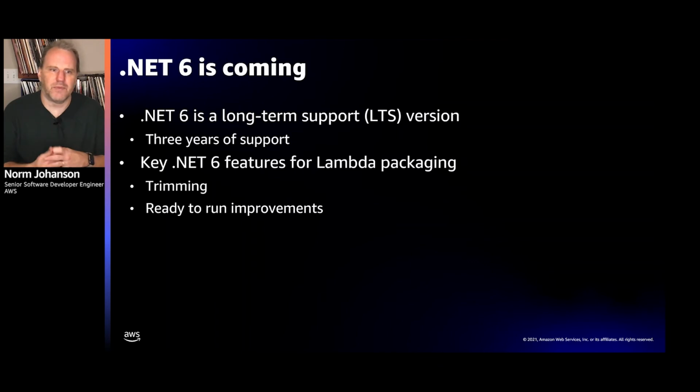So the first thing, and something that people are most excited about, is we have a new version of .NET this year. .NET 6 was released earlier this month, and that's an LTS version, which means that there is a managed runtime coming for Lambda. It's going to be out there for you to use soon, and there are two features that I think are particularly interesting for Lambda developers. .NET 6 really has a lot of great, exciting features, but these two are things you should pay attention to when you're starting to use Lambda in .NET 6, because they help improve your cold start performance, which is something we always want to improve with Lambda.